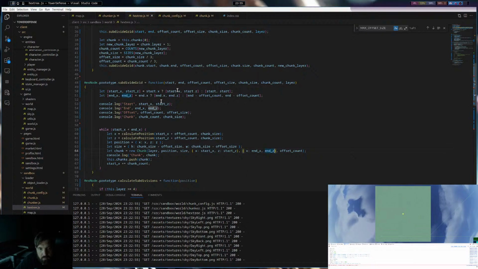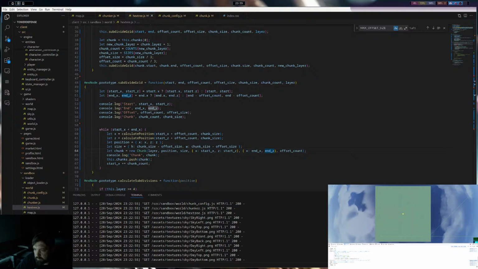Oh, because we're using the start x instead of the end minus the offset. Interesting that this one's just an object, but this one has all these parameters. Those are the same.